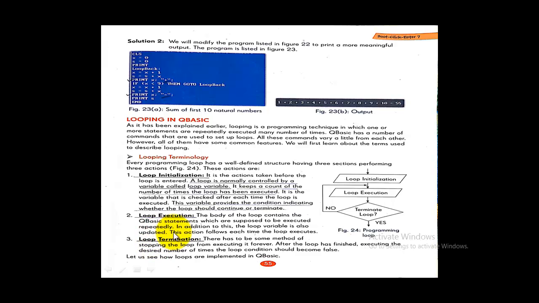Then after 9, print x, and after that the equal to sign is printed. So 9 plus 1 is 10, that 10 is printed, and after 10 the equal to sign is printed, and the sum stored in the accumulator S, 55, will be printed. The same process: 1 plus 2 is 3, 3 plus 3 is 6, 6 plus 4 is 10, 10 plus 5 is